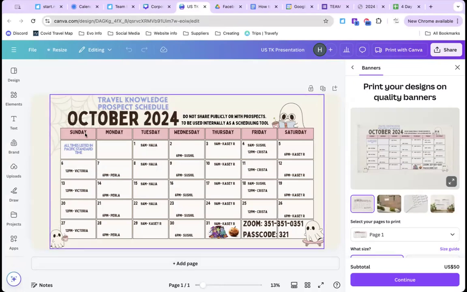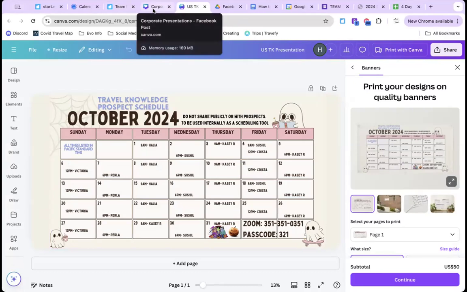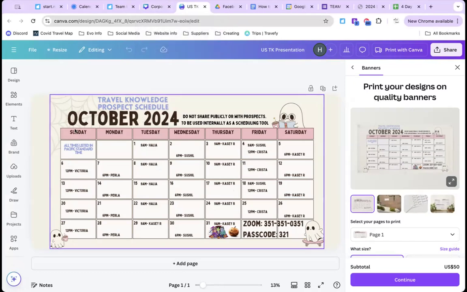Okay, but the 3 p.m.s and the 6 p.m.s are probably not going to work, because 3 p.m. is like midnight for you guys, or like 11 p.m. And then 6 p.m. is going to be like the middle of the night for you guys. So I would focus when you're scheduling prospects